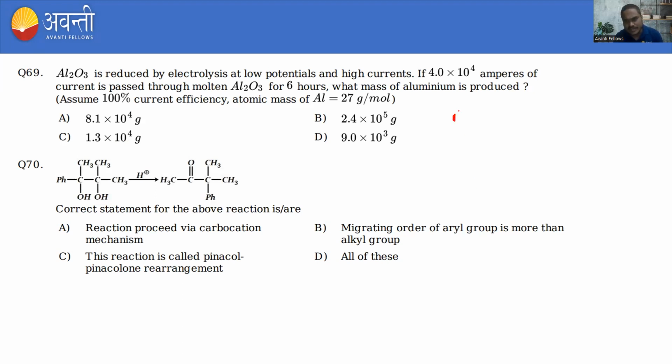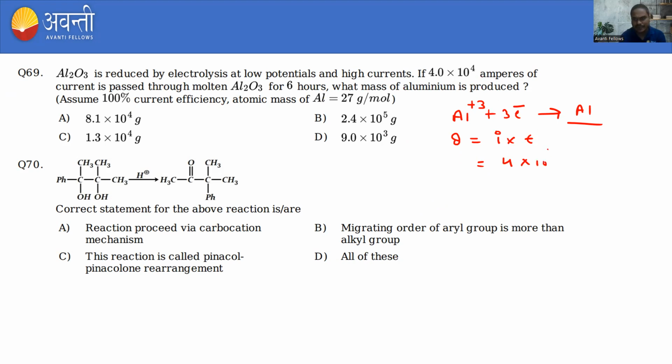So it's a very simple thing that whenever Al3+ is reduced, it means when it accepts these 3 electrons to become Al, right? So here we can get to know the number of electrons. So the number of electrons is 3F, right? Now the quantity of electricity passed, Q, is equal to I into T. So we have I is equal to